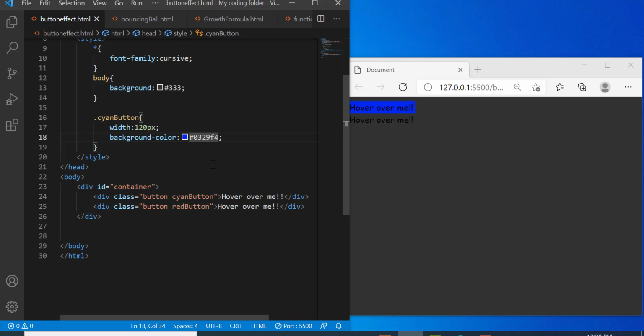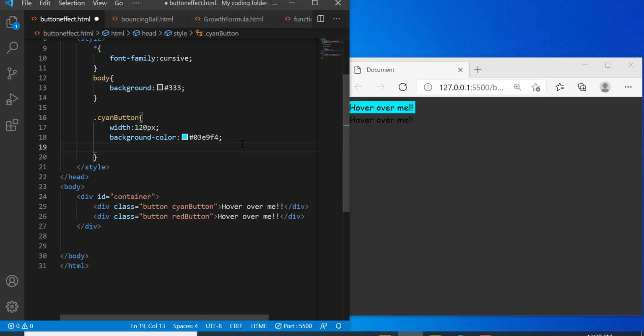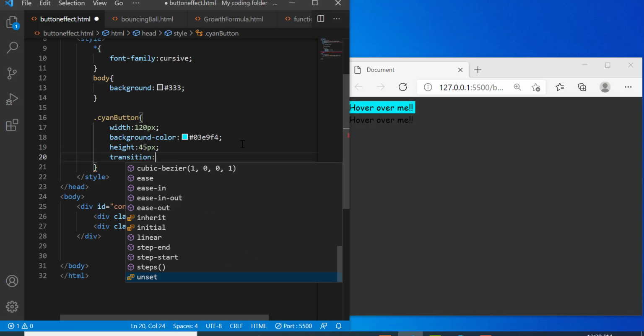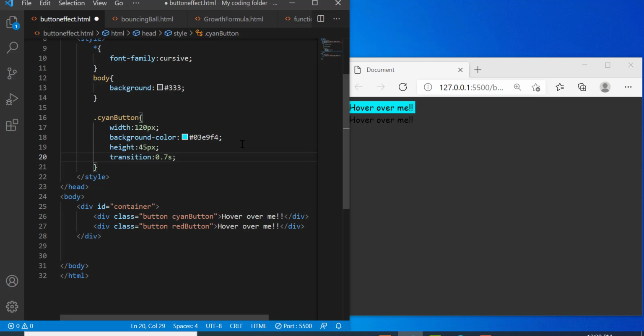Let me see if I did that correctly. It should be 03E9F4. Just one small mistake changed the color of our button completely. It was a dark blue. Then height 45 pixels, transition 0.7 seconds, so it'll be a smooth animation,